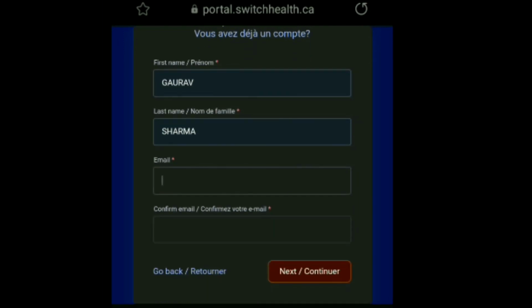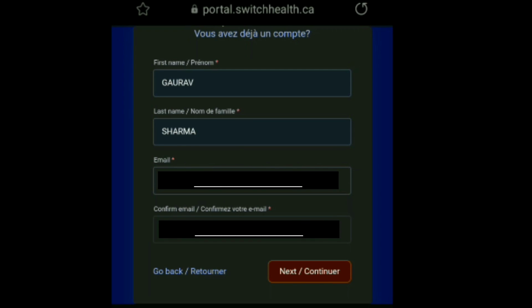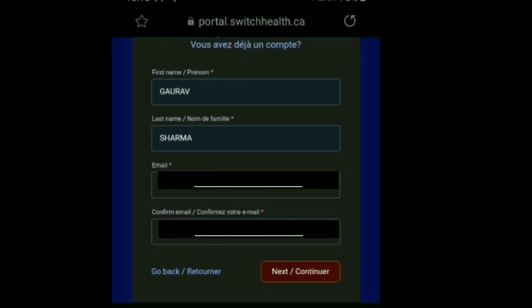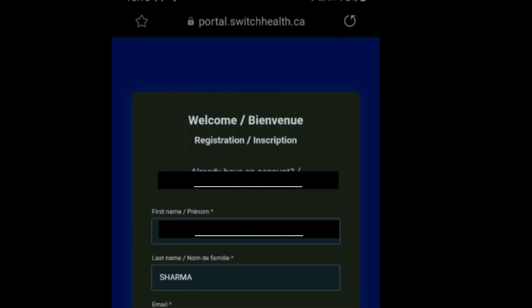Make sure that you cross check all your details and especially your email ID, because this is the email ID in which you will get an immediate notification that you have registered with Switch Health. And also your test results would be given in this particular email ID. It is very important that you cross check your email ID again before putting it in, because you'll get all the notifications once you reach Canada, also the local provincial notifications and important phone numbers on this email ID. Once you fill that, you cross check it again, and then you click on next.